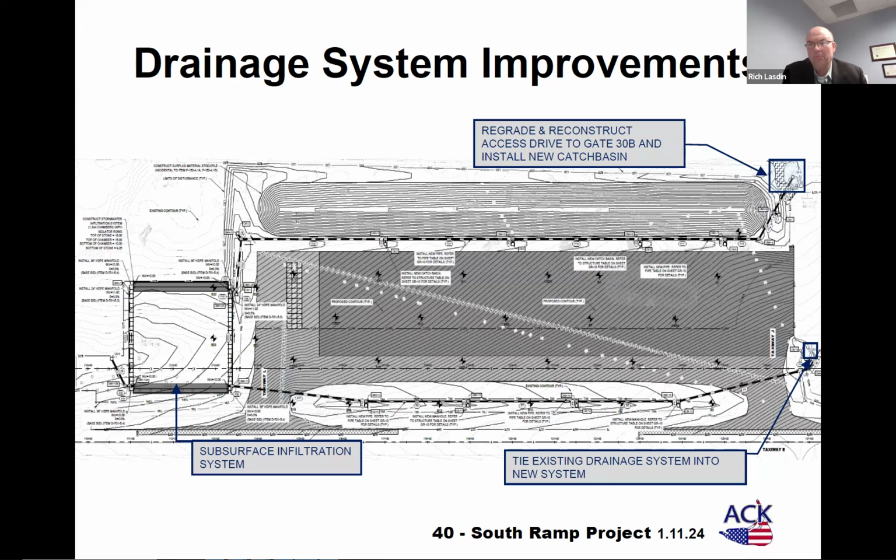And then the upper right, many of you who live over near the airport are familiar with some flooding that occurs outside of gate 30B. So as part of this project, that area inside the fence at 30B is going to be regraded and some catch basins installed to further intercept and capture that water. All of this water, the existing water from the existing ramp and this ramp, will all go into this subsurface